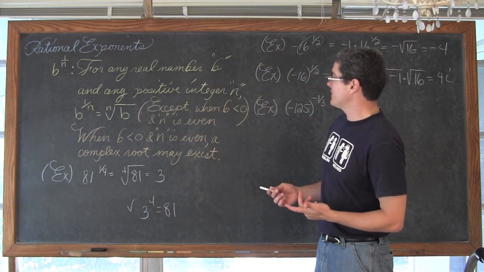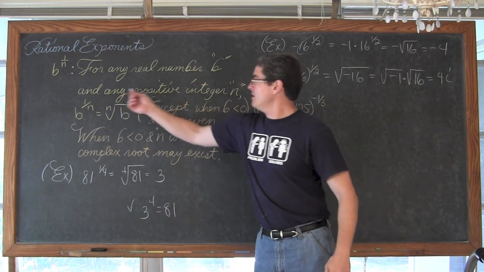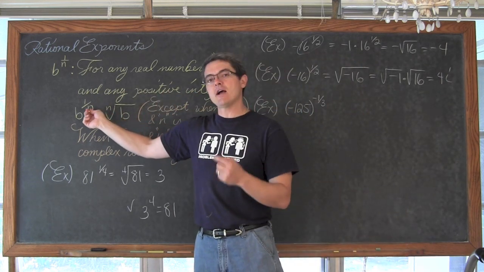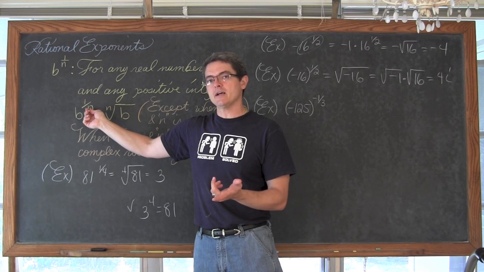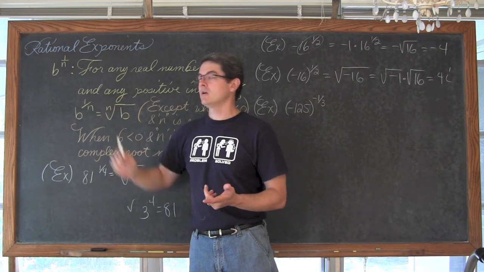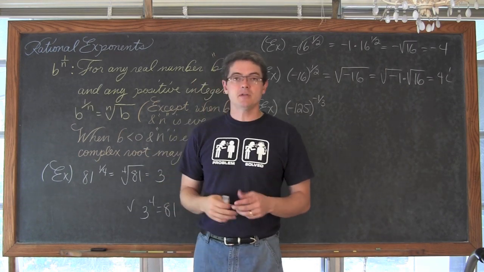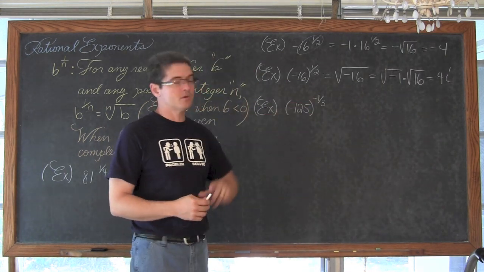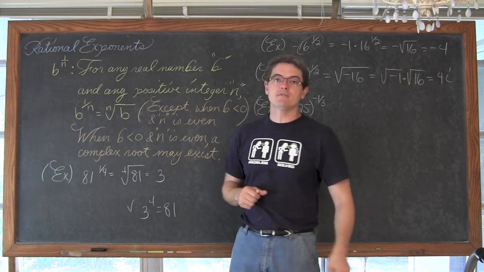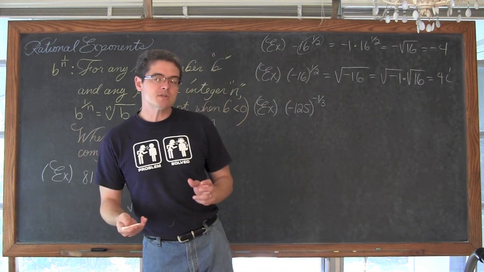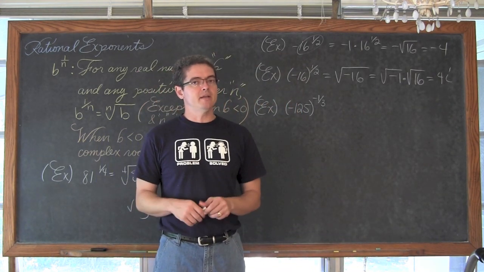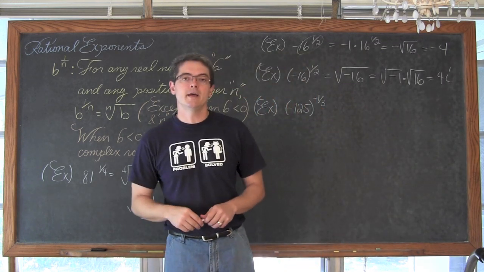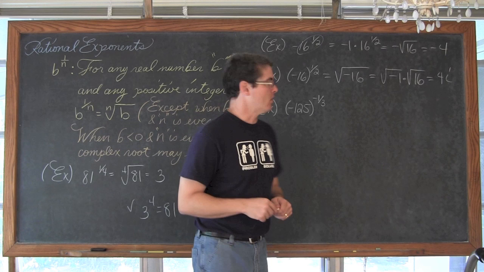If we look here, it said that for any positive integer n, so it's saying that our n is in the denominator of our fractional exponent. So it's basically saying that our fractional or rational exponent needs to be positive, and here it's negative. So is that a problem? Is this negative 1/3 a problem based on this definition? Well, not really. We just need to rewrite it so that we don't have a negative exponent, and then we can apply this rule for doing b to the 1 over n power.